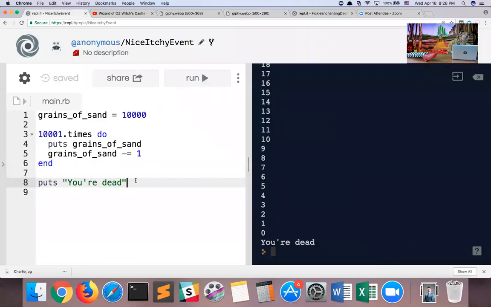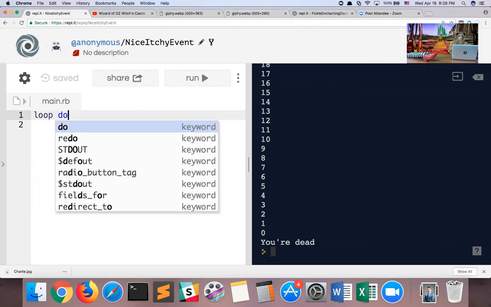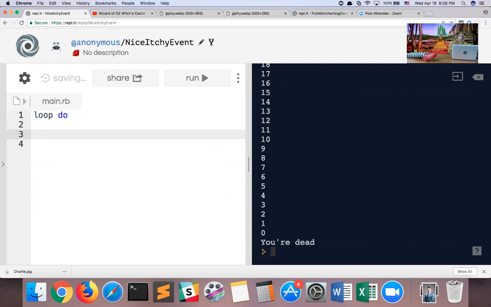One thing I'll have to show you first, a new concept that I haven't introduced you to before, is that all the loops we've done until now run a finite number of times. We declare, run this loop 10 times, 100 times, 10,001 times. But you can also make a loop that runs forever. It's called an infinite loop. Watch what happens. You might not want to watch what happens because then you might be here forever.